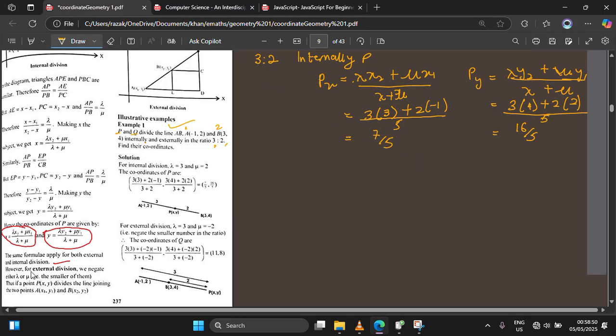However, for external division, we negate either lambda or mu, that is the smaller of them. So negate the smaller of them. So if we have 3 is to 2, the smaller of them is 2, so we negate it. So externally,